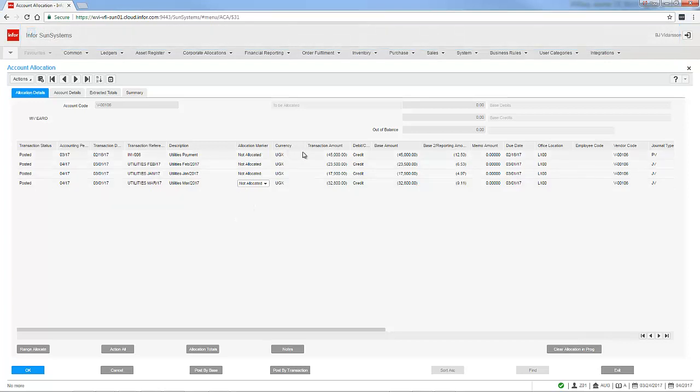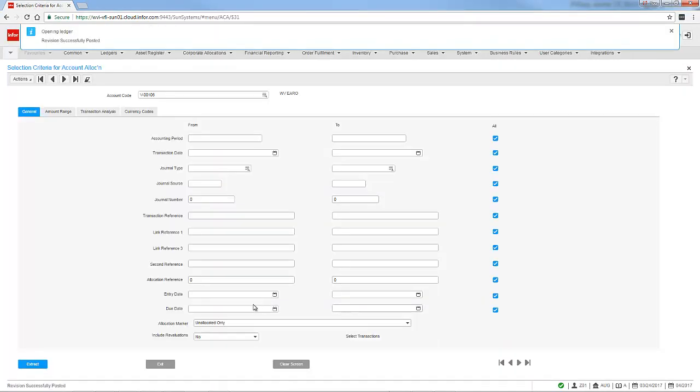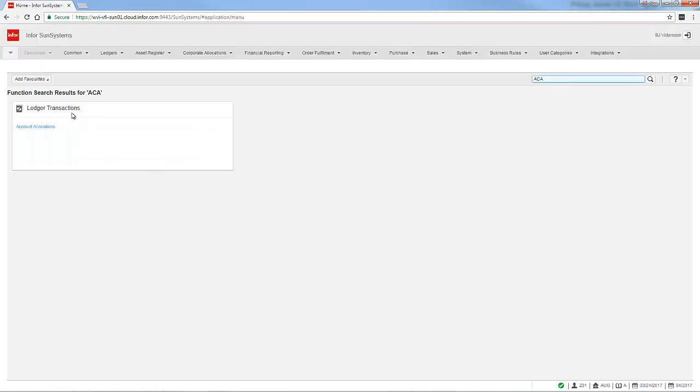And let's say, for example, we do not want to pay this top one right here. So what you do is that you simply place it on hold. So by changing the allocation marker, so you click on the allocation marker drop down, select withhold, and then you simply post that change, and that will place that invoice on hold. So if we now exit out of here and go into and do our payment run,